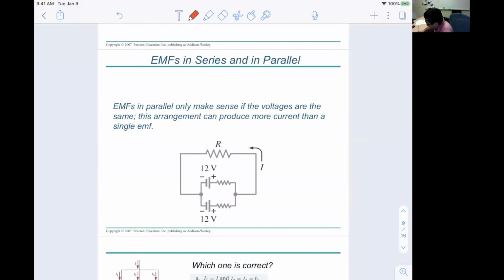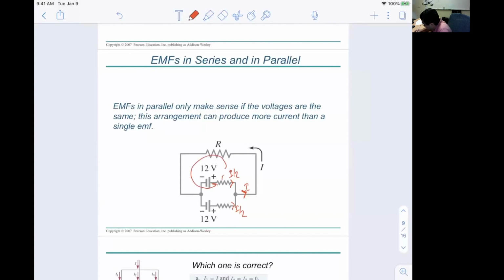But what you need to be careful about is, when you have I current here, each battery is going to supply I over 2. So the potential is going to change on the resistor, because, let's write the Kirchhoff loop